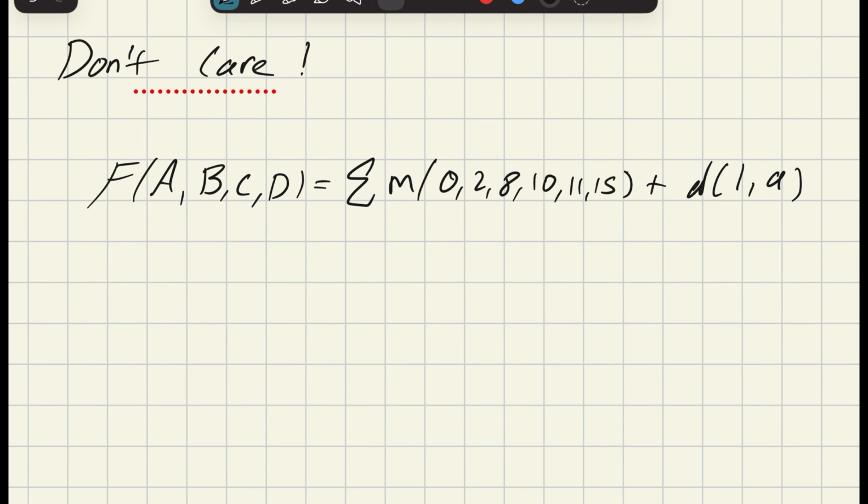For the last part of this video, we're going to look at the don't cares method for analyzing K-maps. Don't cares are actually a great way for you to easily solve your K-map and can make it much easier to simplify down to the simplest form of the logic expression of that specific function. So over here, we see the notation that F is made up of 4 variables, A, B, C, D, and given by the sum of minterms 0 to 8, 10, 11, and 15, plus this notation D1, 9. What that is referring to is our don't cares